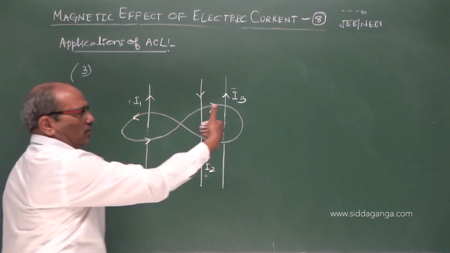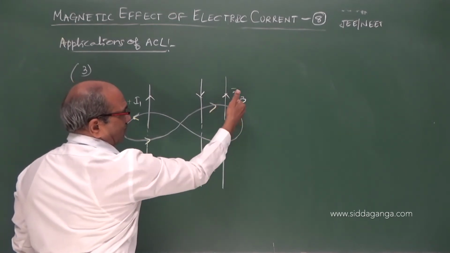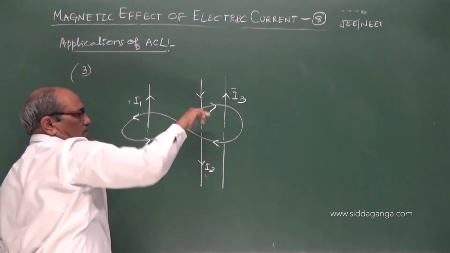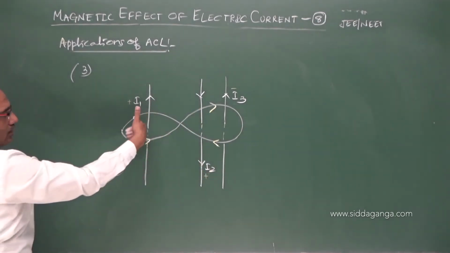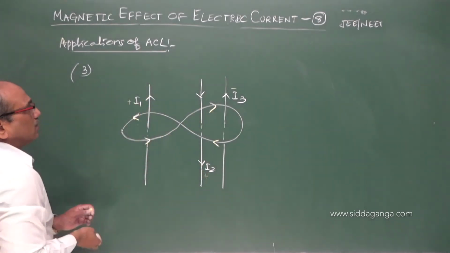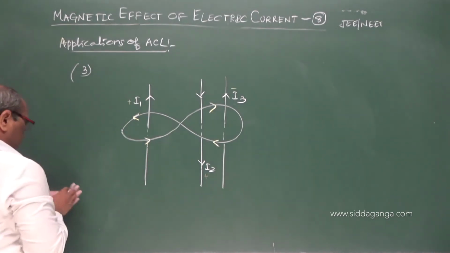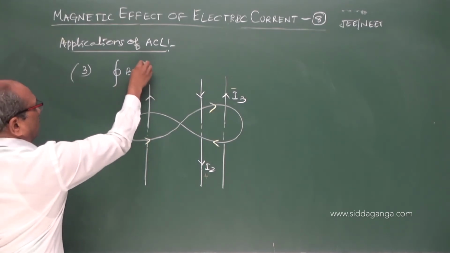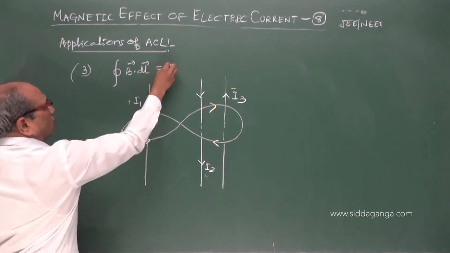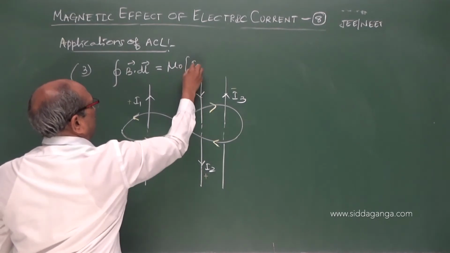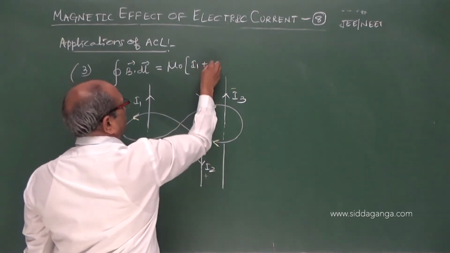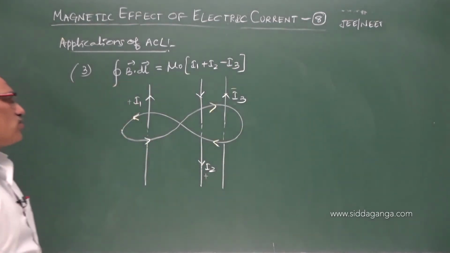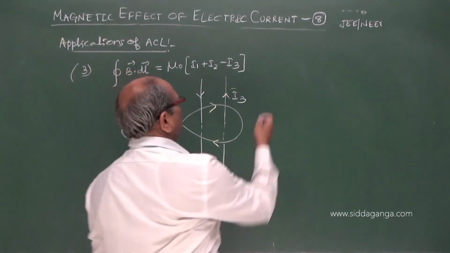When you hold, threading is opposite, current is direct, minus. If you hold like this, threading and current same, plus. Here also see, threading and current same. Therefore I can write integration of B dot dl equal to mu naught (I1 plus I2 minus I3). That is the case. Or more simply, I can say,